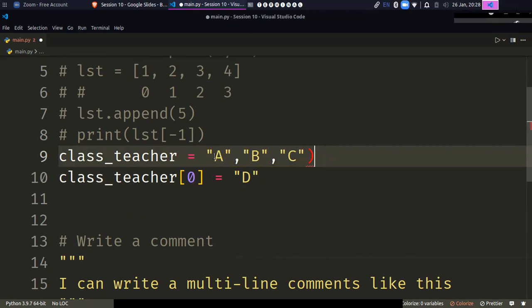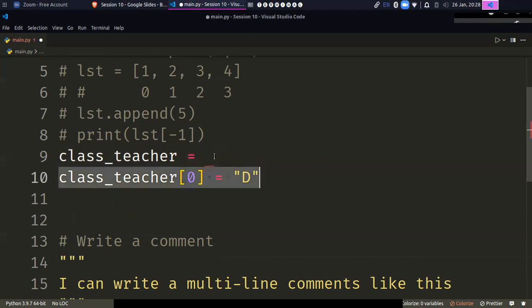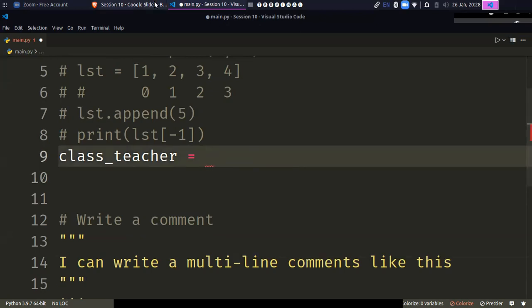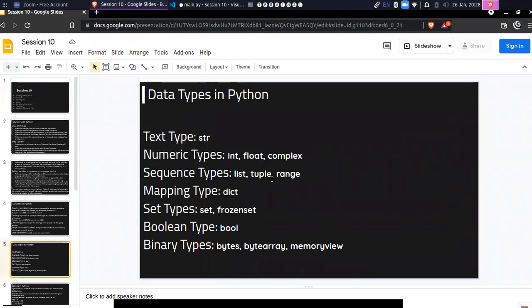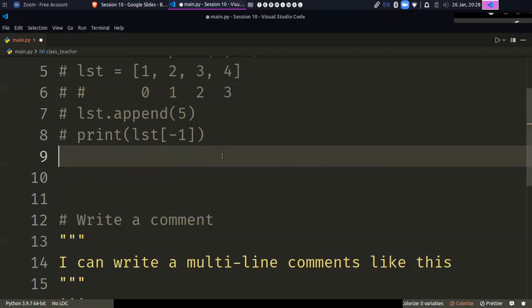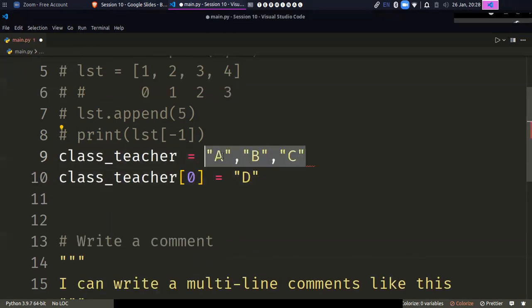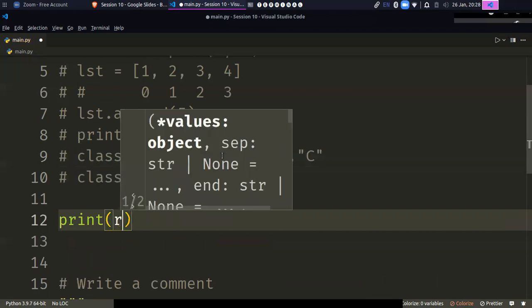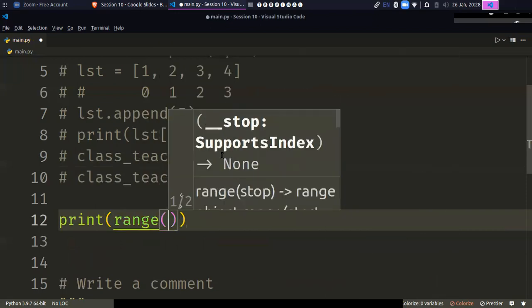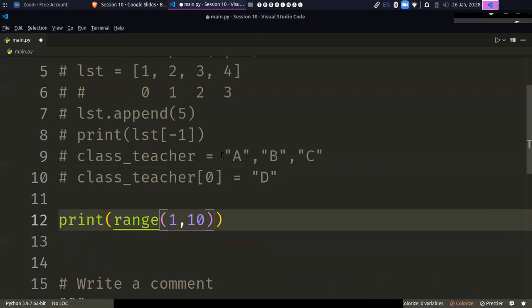Now there is another iterable. Okay, let me see what all I have covered. Range, yeah, range. So we have something called the range data type, and we will use this in while and for loops. If I do something like print range of 1 to 10,